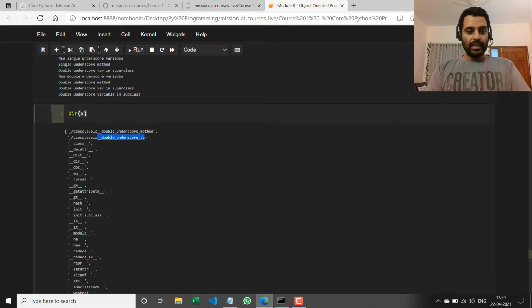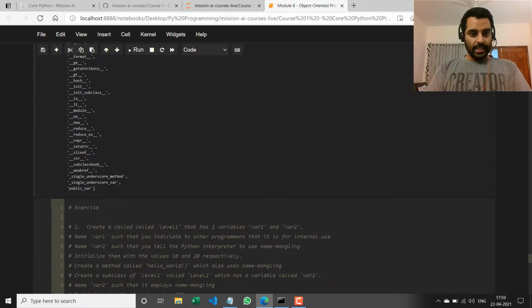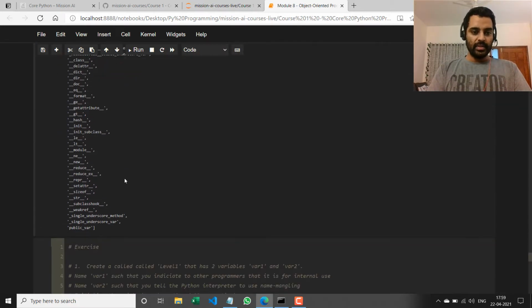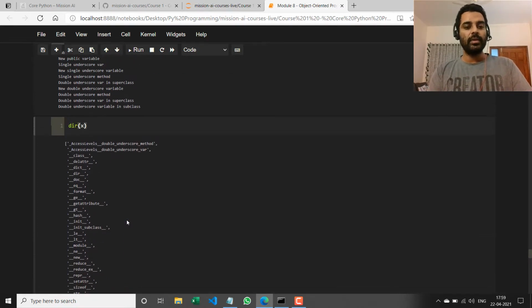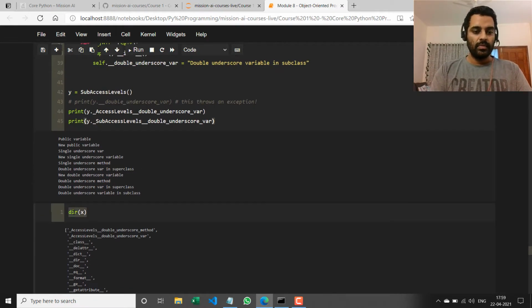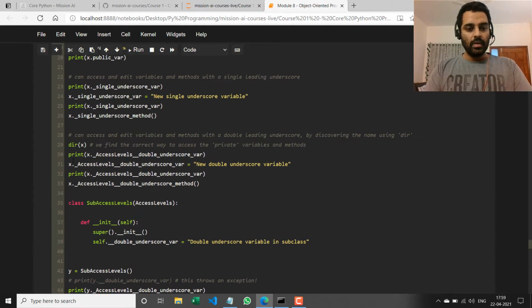So somebody can just type dir of x and figure out exactly how to access the methods. And here we have our single underscore method and var, which is just accessed normally.